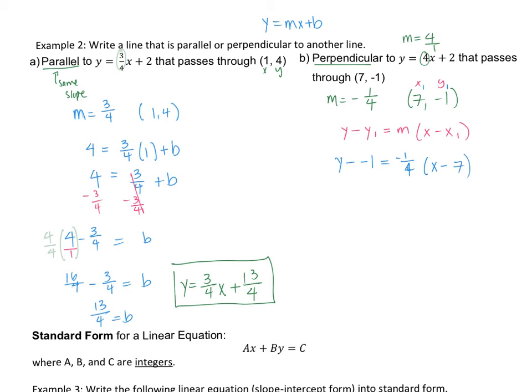From there, what I'm going to do is try to clean up a few things. Like this, I can make into a plus sign since there are two negatives here. The -1/4, I can go ahead and distribute into the parentheses, making -1/4 x minus, or actually positive, since those two are negatives, it becomes a positive. And in this case, this becomes 7 over 4. From there, I need to subtract over 1. So y is now going to equal -1 over 4x, and if I subtract over 1,